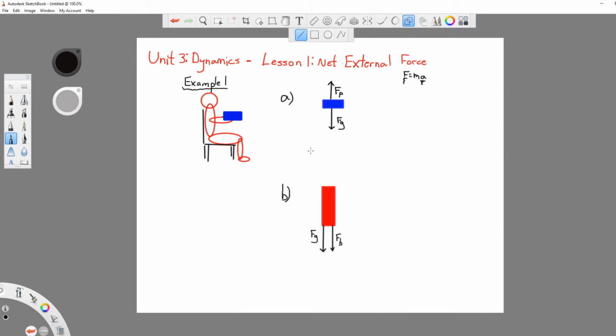In the upward direction, I can see force of chair on the person, because just as the person pushes down on the chair with their weight, the chair is pushing back up. So in the upward direction, we have